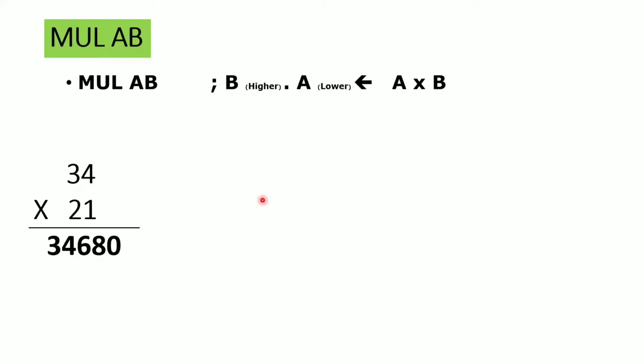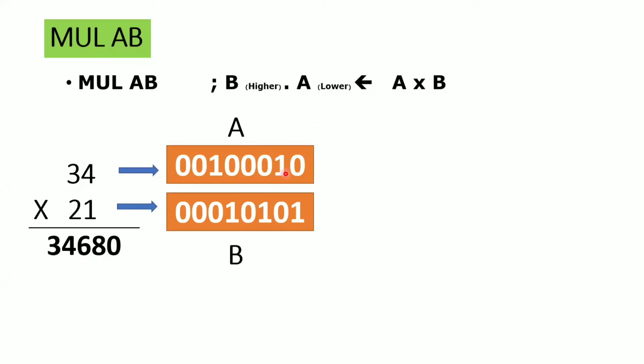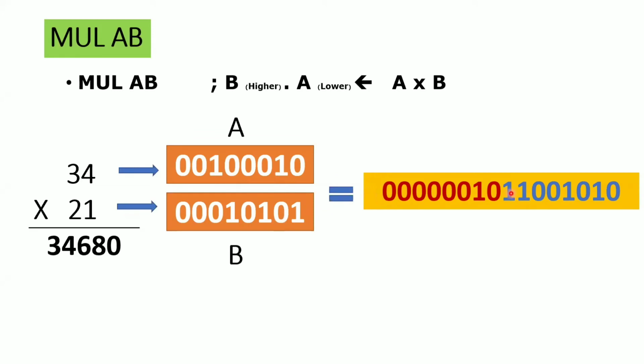And if you want to perform multiplication on these two numbers, 34 into 21, obviously you will get some value. It is not actually this value, I kept this wrong. Whenever you want to perform this multiplication, you need to convert the decimal numbers into binary, perform the multiplication operation, and you will get the result as a 16-bit number. So whenever you perform operations on 8-bit numbers directly, you will get the result in the form of 16-bit values. That's why the 16-bit has a lower byte and higher byte. The lower byte of your result will be stored inside your A register, and the higher byte of your result is stored inside your B register.